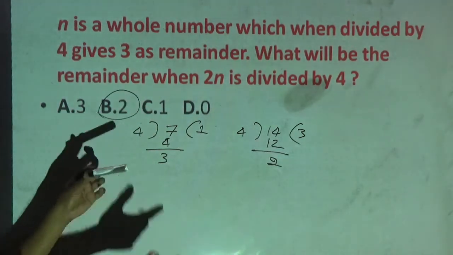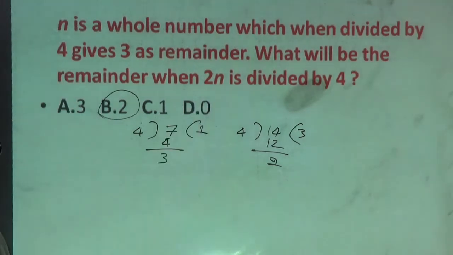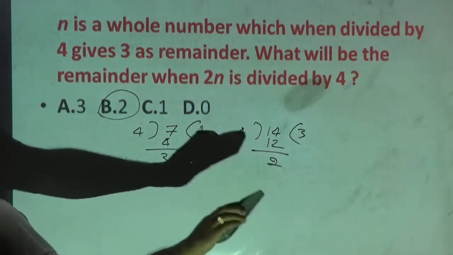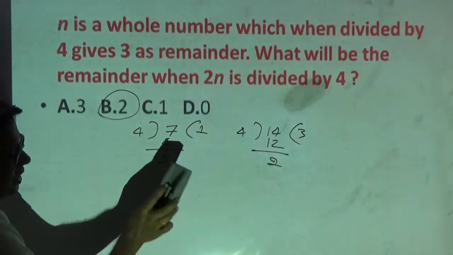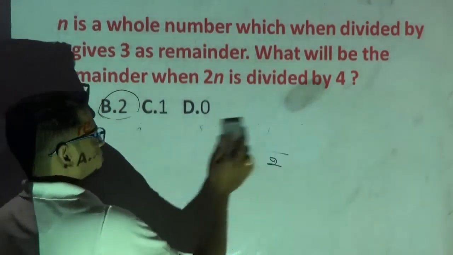See, with this example I have done. Okay. No need to scratch your head too much. So, very simple problem. Okay. N, they have not given any particular number. Therefore, I will take my own example in such a way that the remainder should be 3. Such an example I took. Then I solved the problem. Hope you understood with this example.